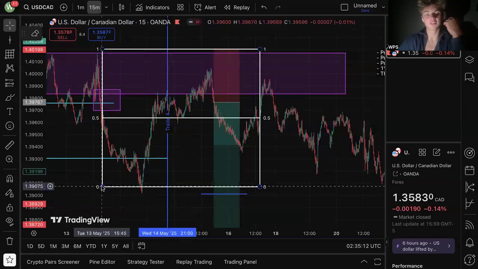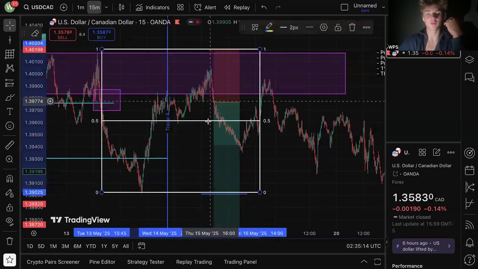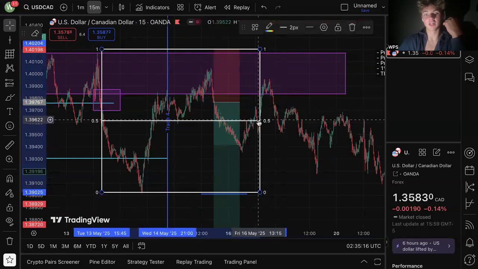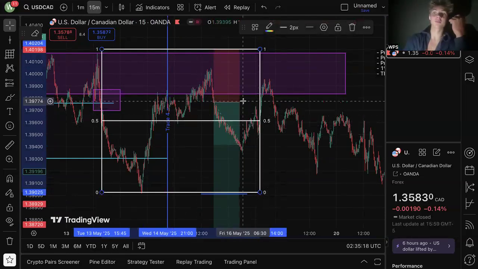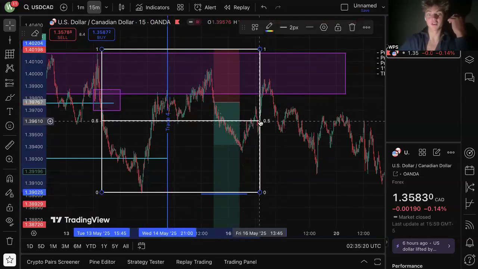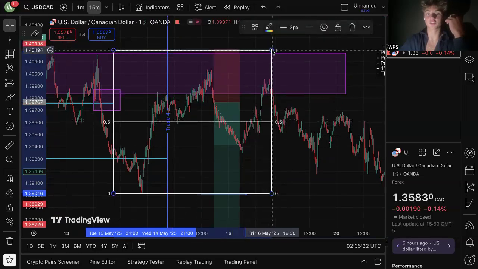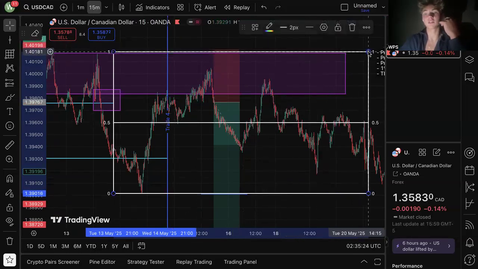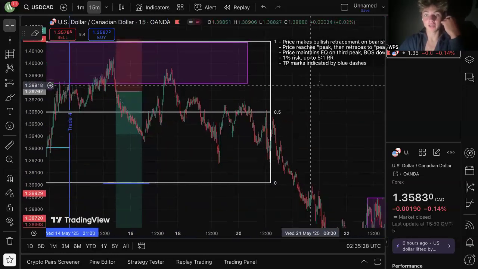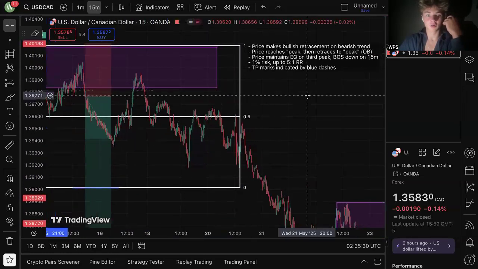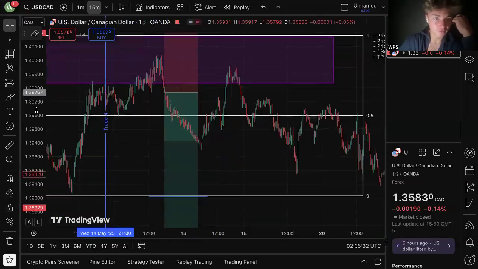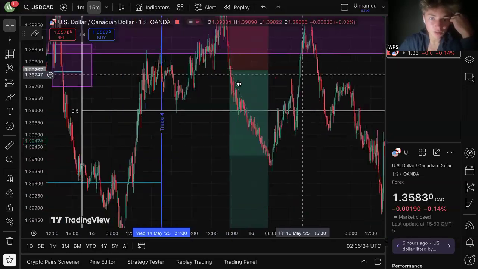But what I like about this is it forms very clear equilibrium, which makes it a lot easier when price goes down so low. It makes it easier to find a trade within that's within a premium range, which is premium as in discount for shorting or a good entry for shorting. And up here on the 15-minute,